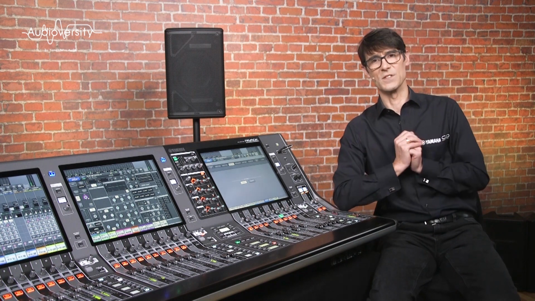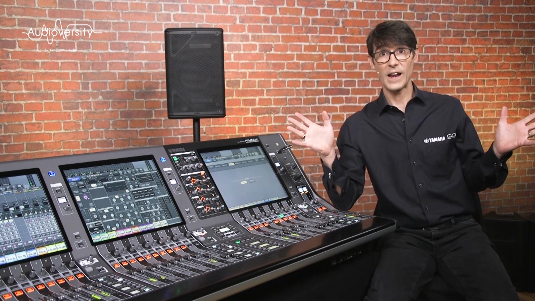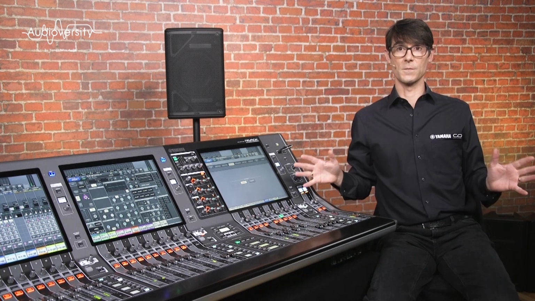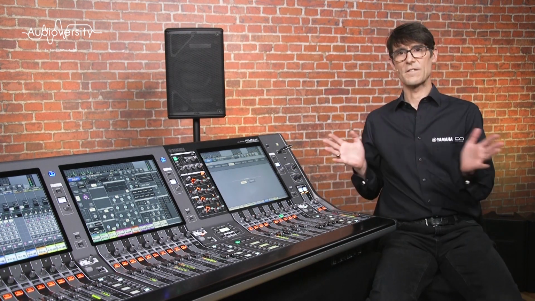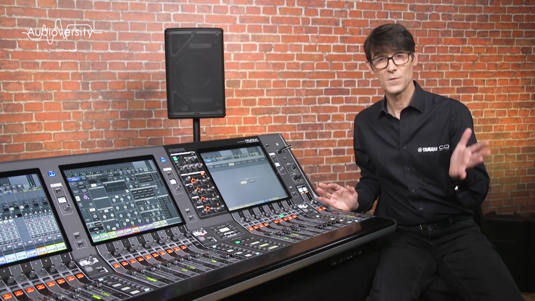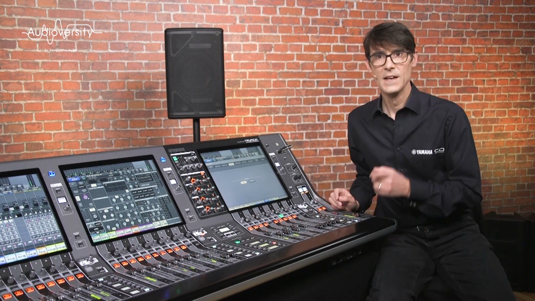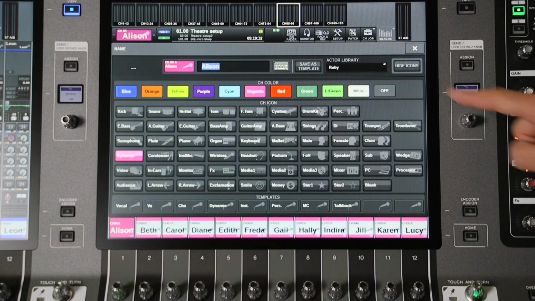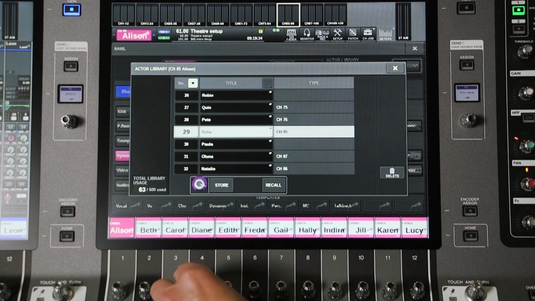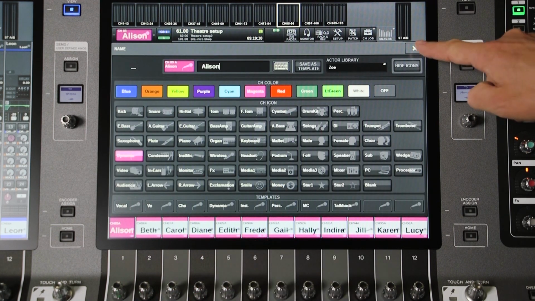Or, in the case of a musician, each musician might play up to 4 instruments, each needing different settings. Then, on different days, alternative actors or musicians may be performing, so you assign the correct actor library setting to each audio channel in the show, bringing the correct EQ and dynamic settings into play.